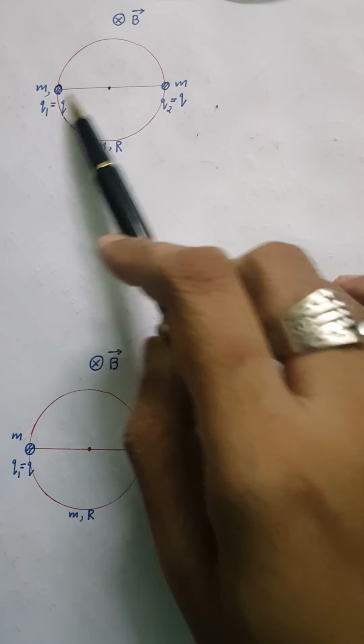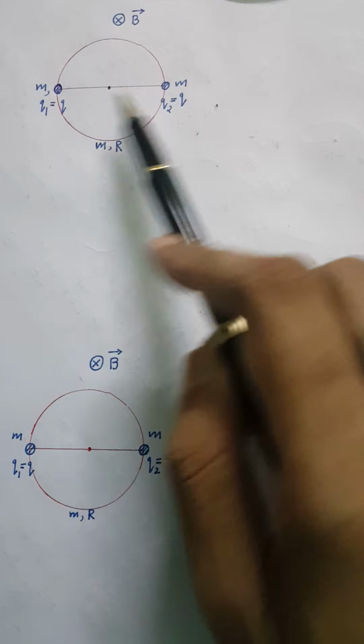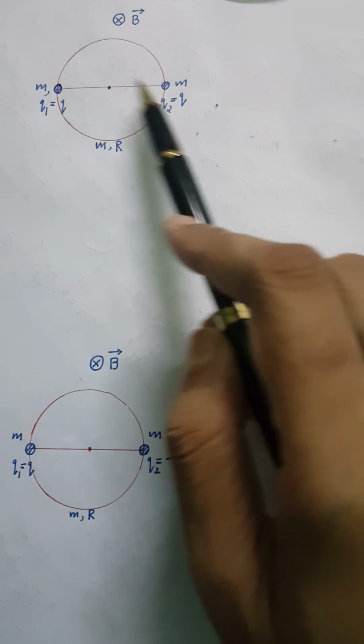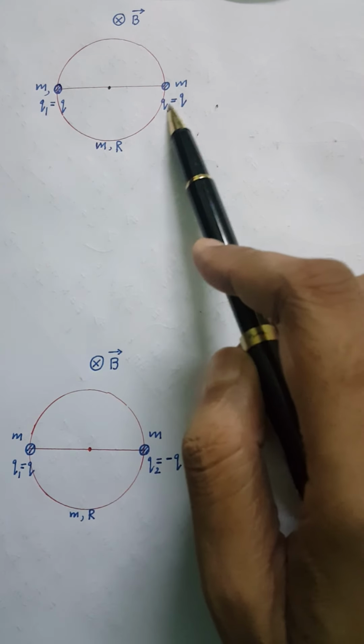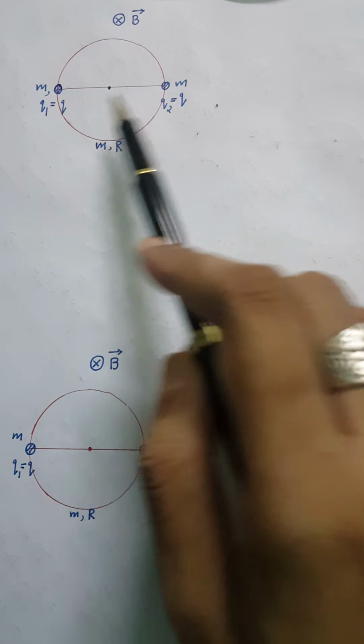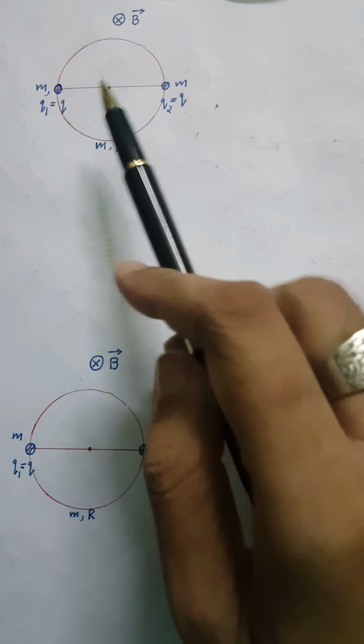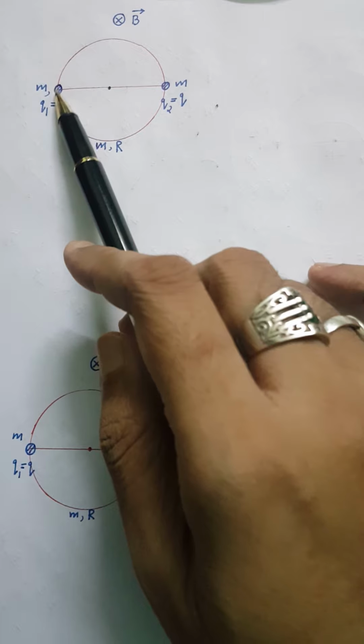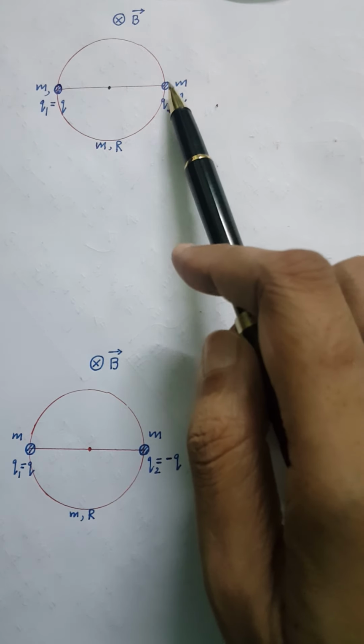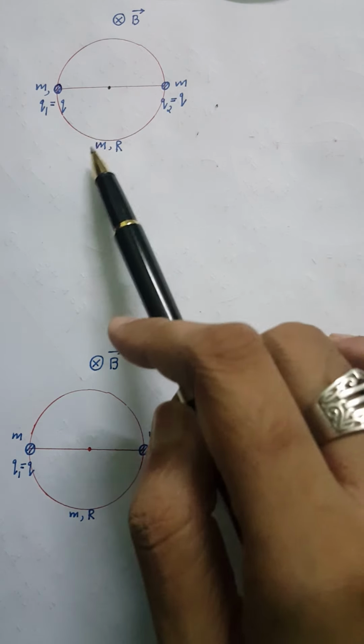and at the two diametrically opposite corners, which are separated by a distance of 2r, there are charges q1 and q2. Suppose they have equal magnitude, plus q and plus q, in same sense also. Here, this particle has mass small m, this particle has mass small m, mass of the disk is also m,